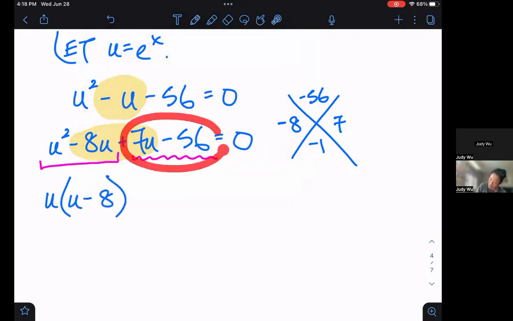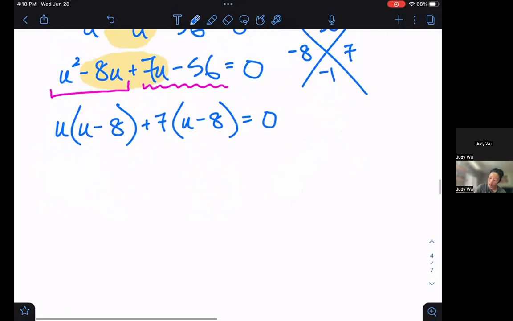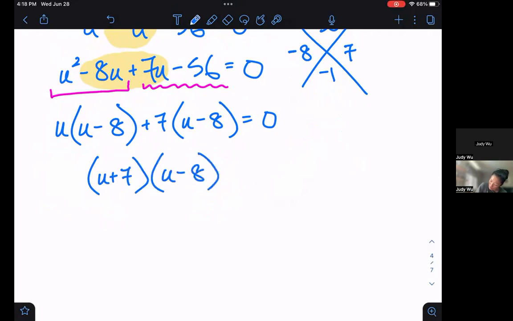And from the second clump of 2 terms with the squiggles, I can factor out a 7. So plus 7 times u minus 8 equals 0. All right. Now, if you remember from the previous videos, if this and this are the same, you know you did it correctly. All right, that means we can factor this to be u plus 7 times u minus 8